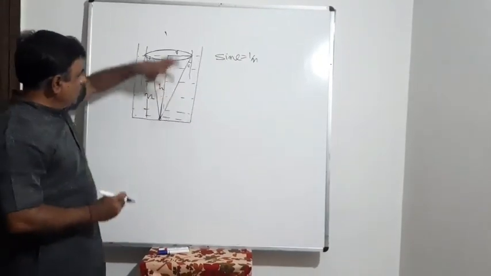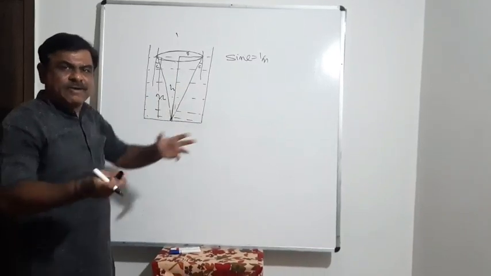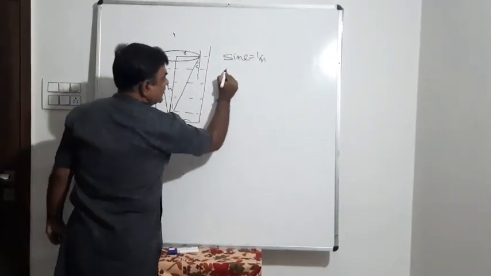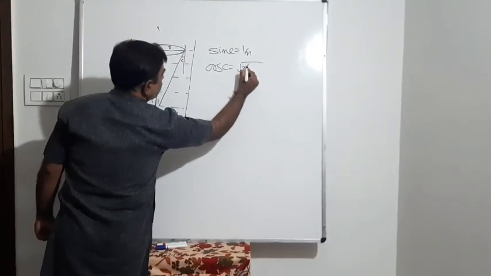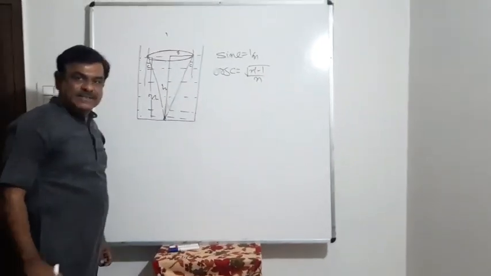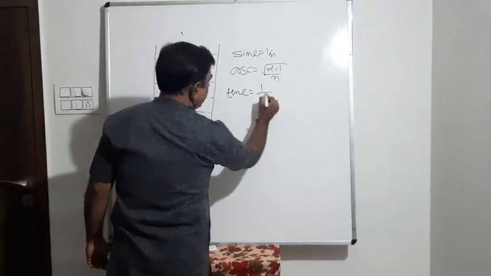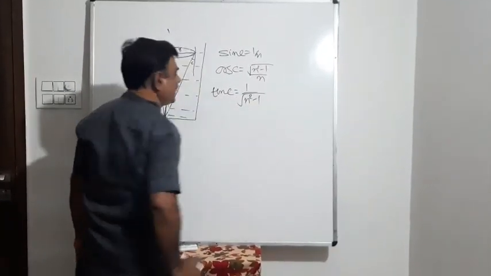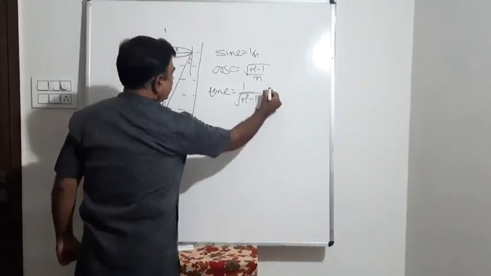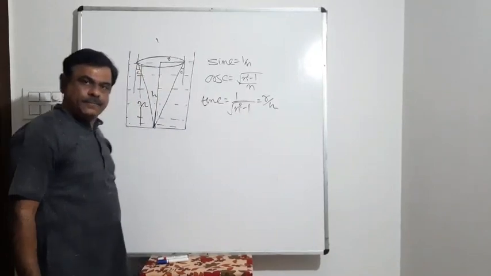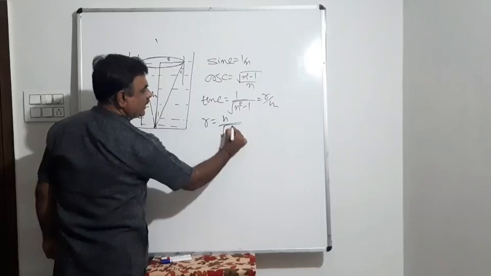Now simple logic: if you take this triangle, opposite side available, adjacent available, so naturally we have to go for tan. Sin C is equal to 1 by n, so cos C is equal to under root of n square minus 1 by n, that is, under root of 1 minus sin square C. So what will be tan C? 1 upon under root of n square minus 1. At the same time, tan C is also equal to r by h, or r is equal to h upon under root of n square minus 1.